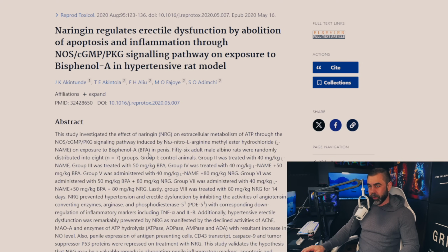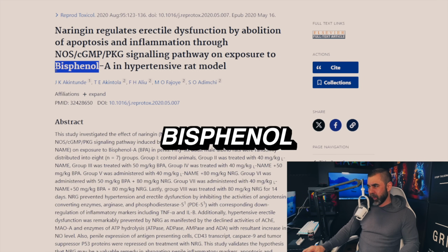This is a paper titled Naringin Regulates Erectile Dysfunction by Abolition, which is basically another word to describe the abolishment of apoptosis and inflammation, and it describes some of the pathways it does it through. Now, what they did in this study is they gave hypertensive rats this compound called bisphenol, which, by the way, is in a lot of plastics and does disrupt erectile function through a variety of intracellular, intrapenile mechanisms. And what they ultimately